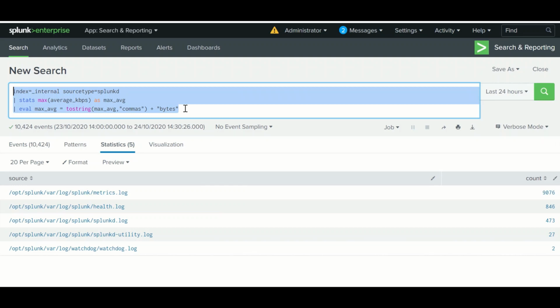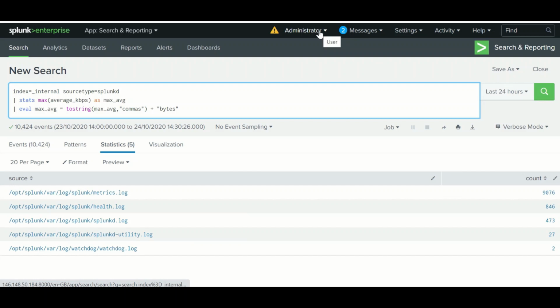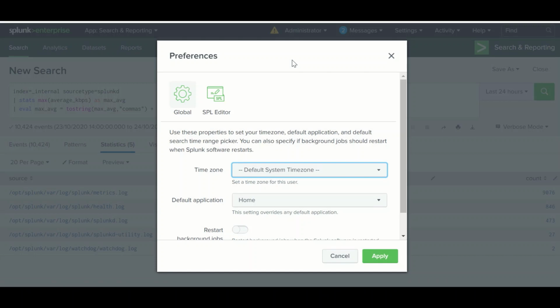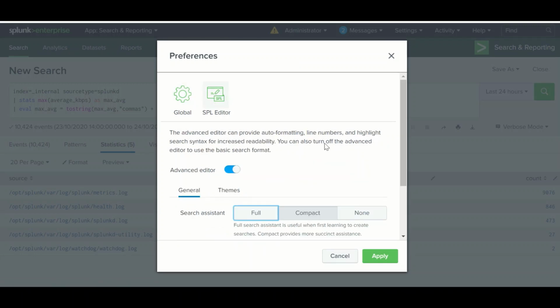So there is an automatic setting as well. You have to go to your user. This is admin; in your case it will be any username. So go to preference, go to SPL editor.